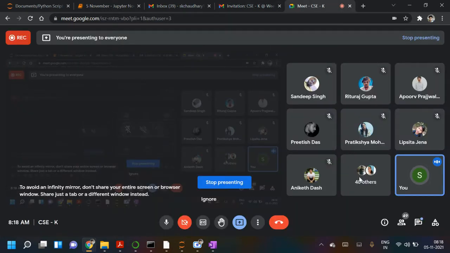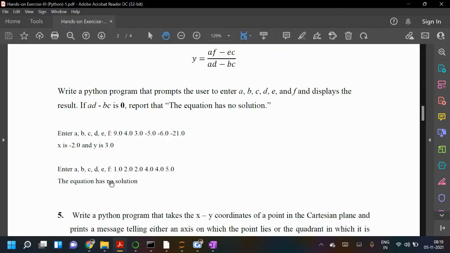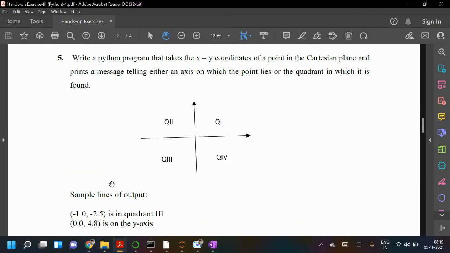Now let's come to the fifth question. How many of you have done the fifth? Only four till now. The fifth question is: you have to take x and y as input and decide which axis the point lies on or in which quadrant.